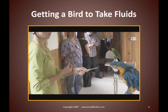So what'll start to happen is we'll get more opportunities where he actually touches it first and then gets reinforced instead of having to have the food right there. And once that happens, we can switch to not showing the food reinforcer at all and just presenting the syringe, letting him touch it, bridging, and then bringing up the food to reinforce him. But getting them to touch it the first time can sometimes be challenging, as you saw there with that little